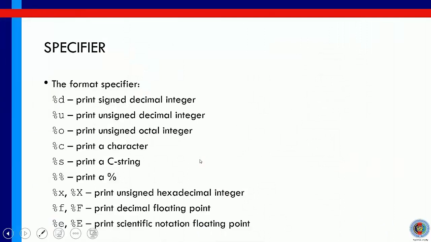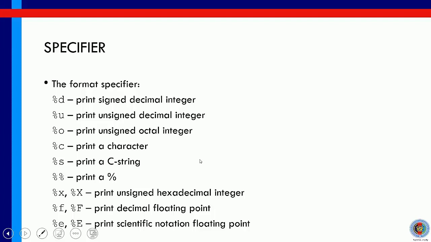Then let us look at the specifier. Just now we saw the percent or the placeholder that we have in our printf can be followed by specifiers. So what are the possible specifiers that we can use? You can Google and you can see the complete list of all specifiers that a modern C++ compiler can handle.